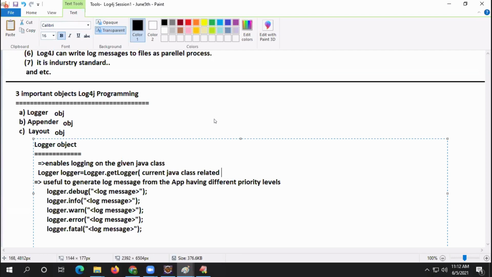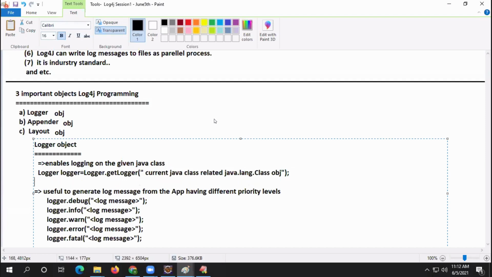Current Java class related. java.lang.Class object. So ultimately you have to pass the current class name, boss. You have to pass an object of java.lang.Class representing the current Java class. I think you understand this.